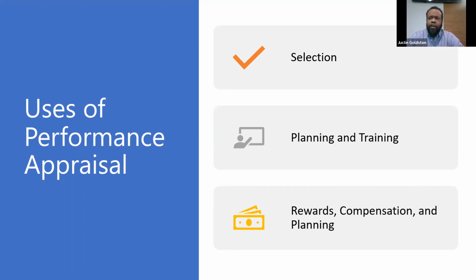They also have a bearing on the past, present, and future of the organization, as well as the careers of the employees within your workforce. So, in going through the different functions of a performance appraisal, we first have to discuss the selection, where whenever you're creating a performance appraisal, you